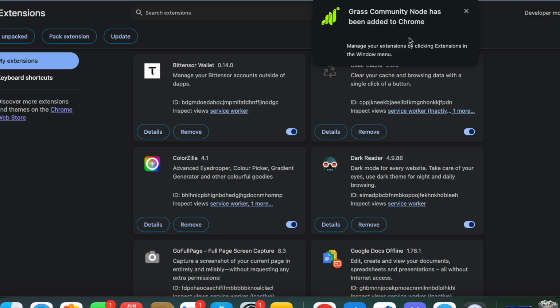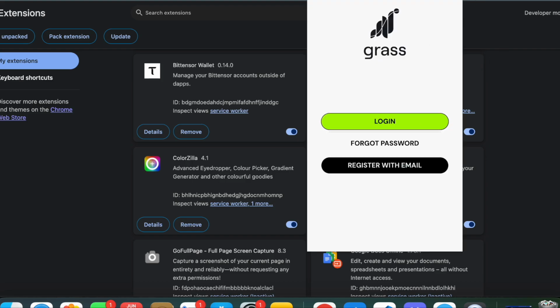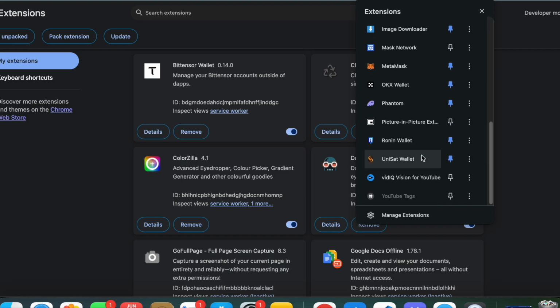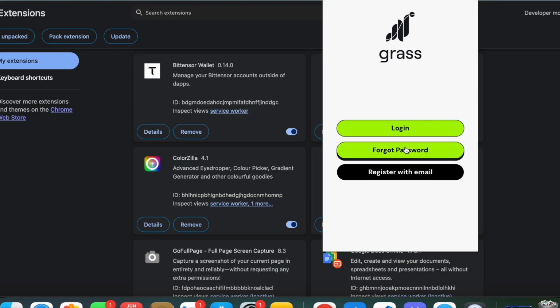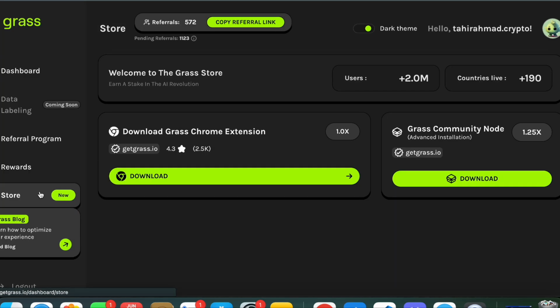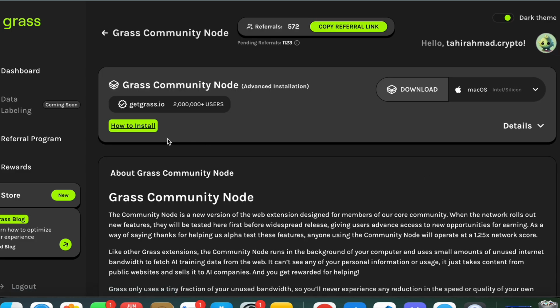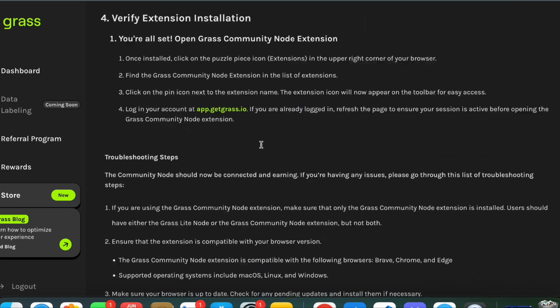Once we add it, we can see Grass community node has been added to Chrome, and we have two extensions. So this is one, and let's go to the second one, which is Grass community node. So what is next? Let's go and read. All right, let me log in once again. It is asking me to authenticate, and go again to the store and download, then how to install, and see what's happening there. If I go down,